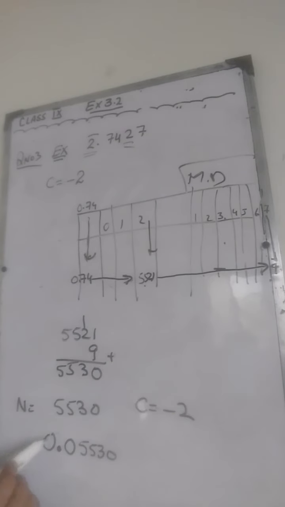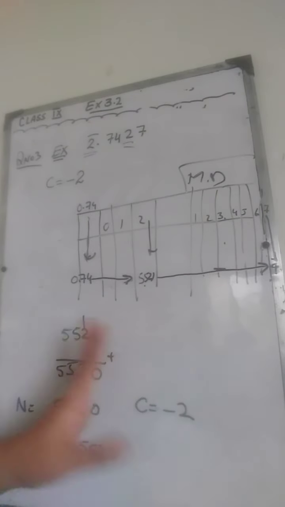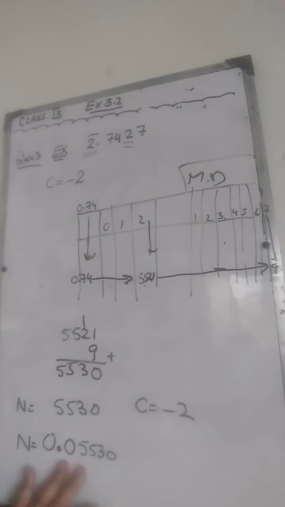and then put a decimal point before it. This will be our number, because in logarithms, if you have one 0 between these two, then the characteristic is negative 2. We are just moving in reverse. If the characteristic is negative 2, it means the number had one 0 between these 2 points. You are going to take one less.